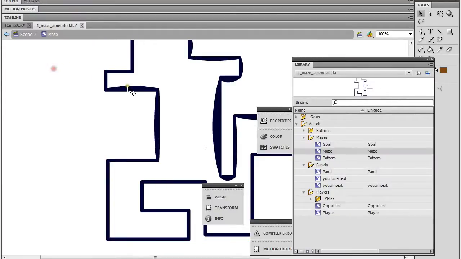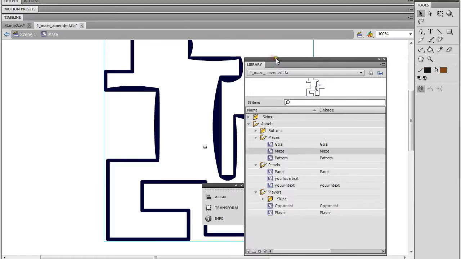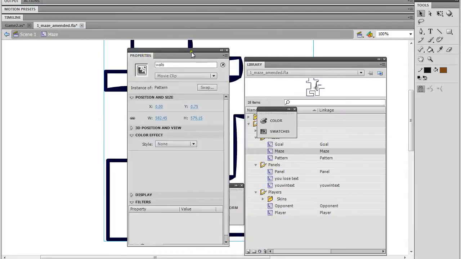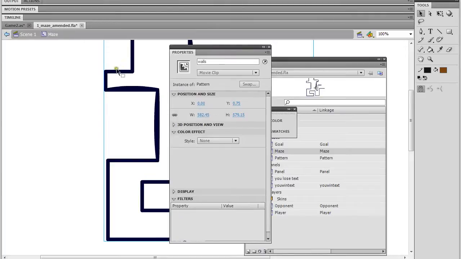And this is actually important. Here inside of the maze, if we double click on that, you'll see that we have the pattern symbol. And the pattern symbol holds this vector maze here. Now if we go back into just the edit mode of maze, what you'll notice is that if we go to the properties menu for this, while we're selected on the maze, this pattern here, you'll see that it says instance of pattern,